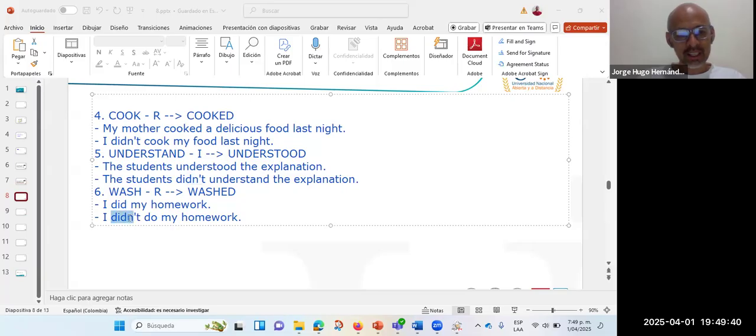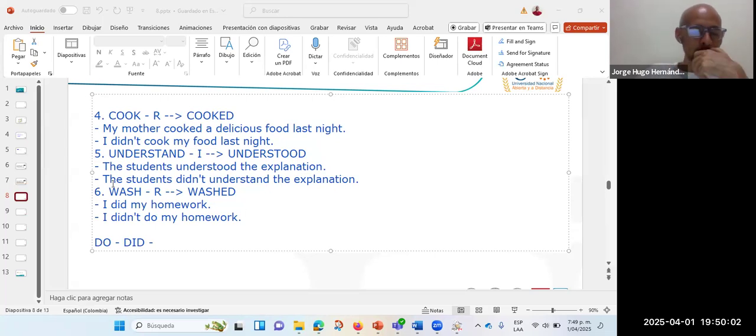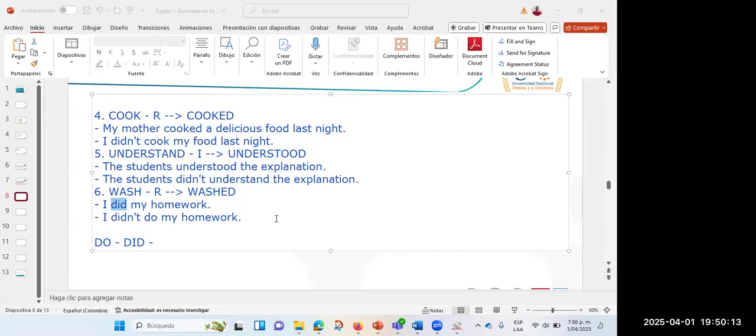Acá este did no significa nada. Acá el verbo sí está en presente. Pero acá no es el verbo auxiliar, es el verbo principal de la oración. En este caso, este did es el verbo principal de la oración, que es el verbo do. Do es el verbo hacer, did está en pasado, ¿no? Ahí se vuelve un poquito más confuso, ¿no? Pero entonces, acá es el did el verbo auxiliar y acá es el verbo principal de la oración. I did my homework. O sea, que si el verbo do está solo, en este caso did, es porque se refiere a hacer en pasado.